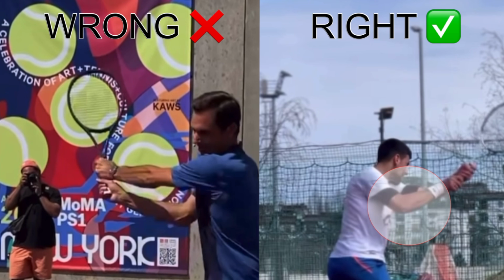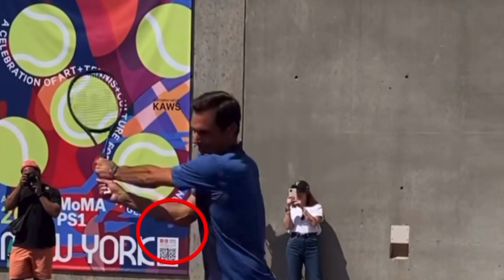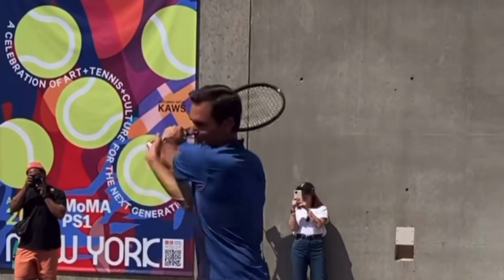You can see that this is a very uncomfortable position and is contributing to a lack of range of motion. This is actually a very common mistake at the recreational level. So as we go on towards the finish, we can see here that this position of the hands looks very unnatural. We see that the left side is overwhelmed the right side. The right arm is uncomfortably tucked underneath the left side, and then as we scroll forward into the finish, we